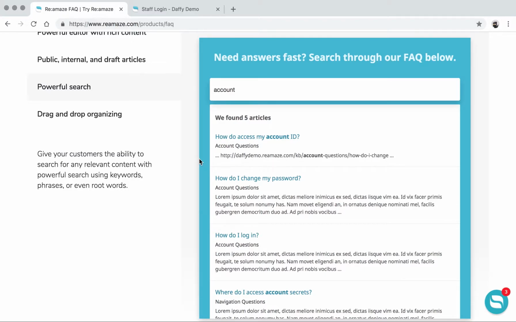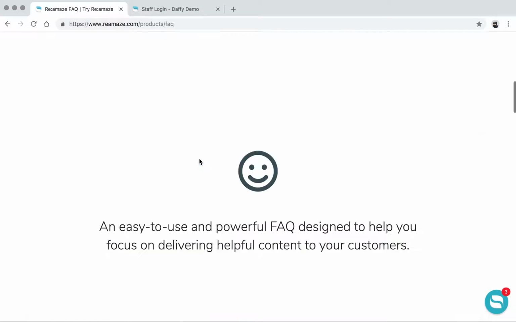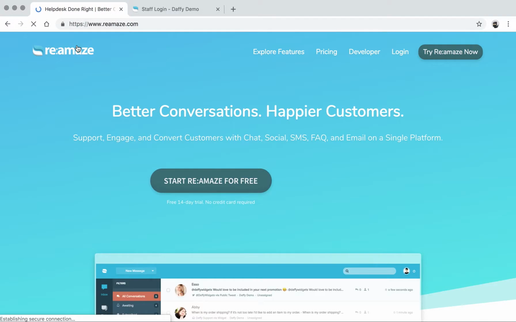Reamaze FAQ will eventually get a spec bump, for lack of a better term, and this will be powered by a chatbot. That's to come, and when we release it, it'll be in beta, and hopefully when you're watching this video, if I haven't updated it, maybe it's already live, and you can take advantage of that as well. So when customers are sending you a message, instead of having an agent respond during office hours, if you're outside of office hours, a chatbot can suggest an FAQ article. So that's Reamaze in a nutshell, and those are our core